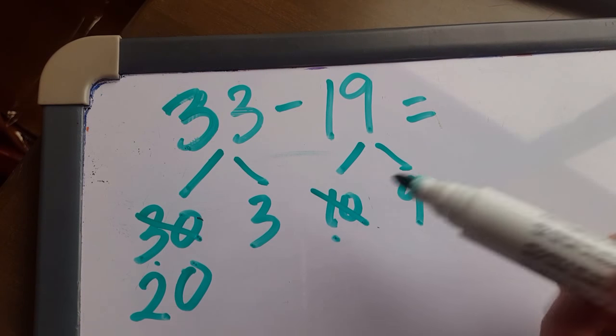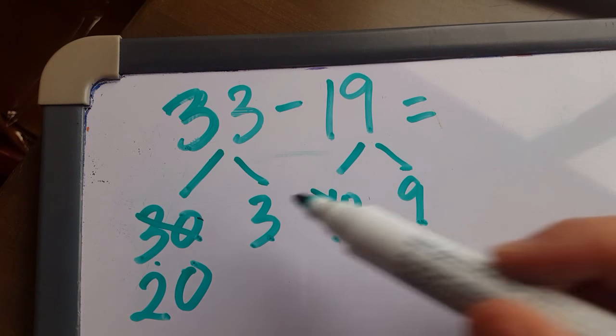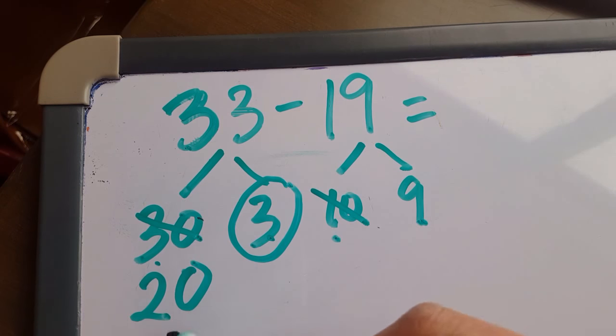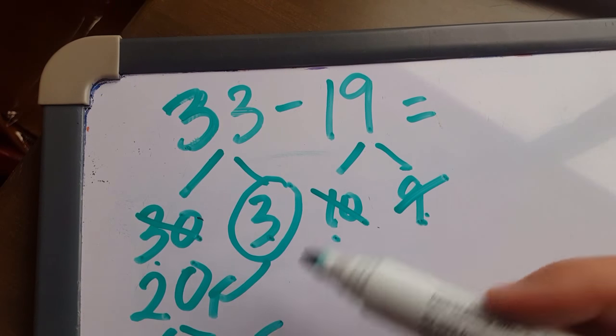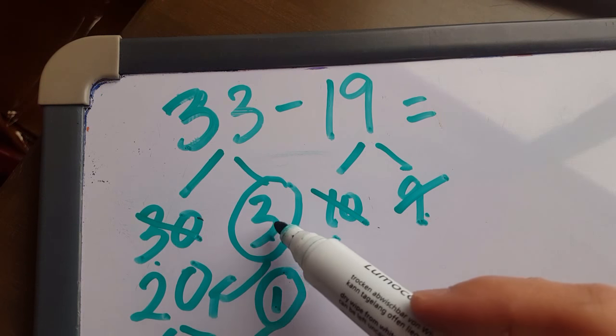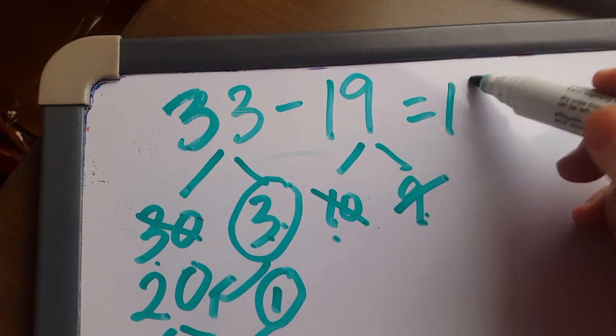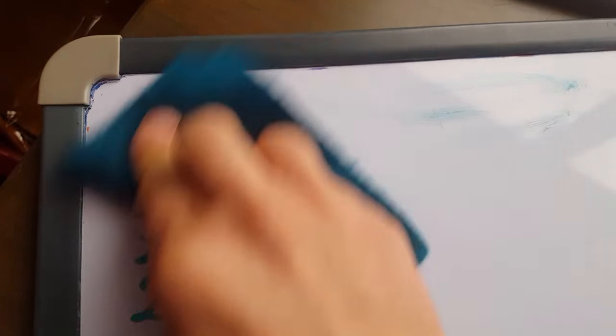Now then we need to do the units. 3 take away 9 is not enough, therefore we save 3 in our pocket and go next door to borrow 10. Now 20 borrow a 10, we borrow this 10 to take away the 9. That will be 1 left. So what we got left is 10 add 3 add 1, which is 14. We can use the method to do big number subtraction, such as